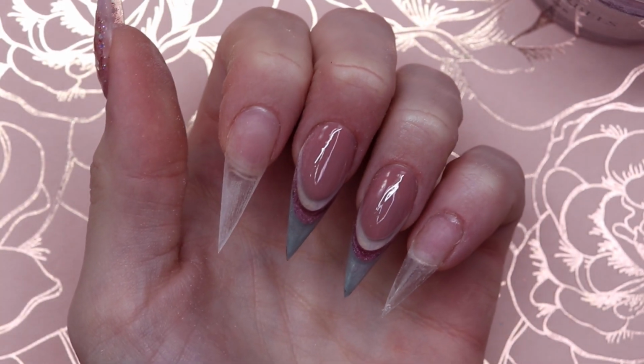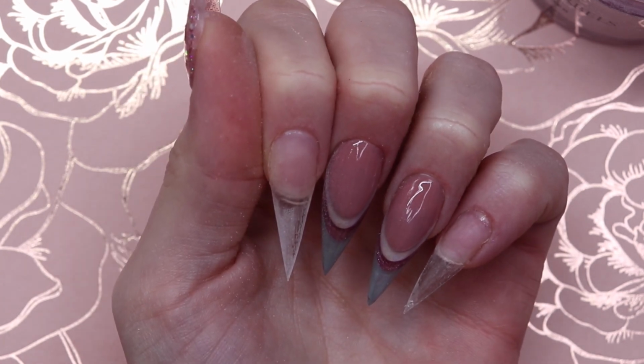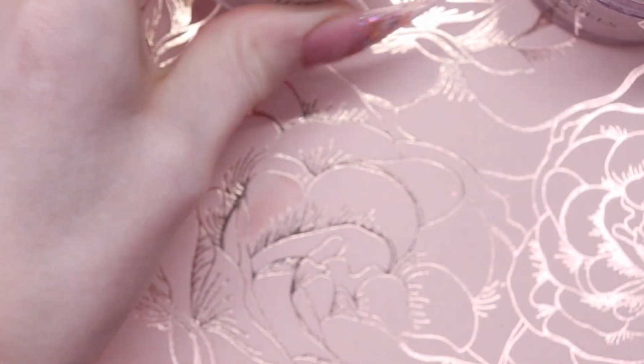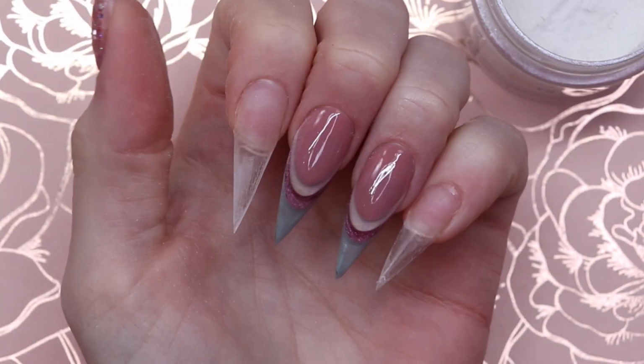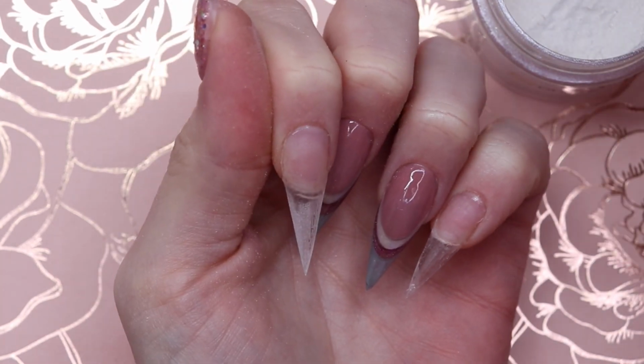I haven't decided what to do on these ones. I'm kind of wanting to do a little bit of marbling. So let's grab a white. So I grabbed Snow Satin. I haven't done marbling for a while. I love marble, but I always try to avoid it so I'm not overdoing marbling. And we're gonna just marble these colors